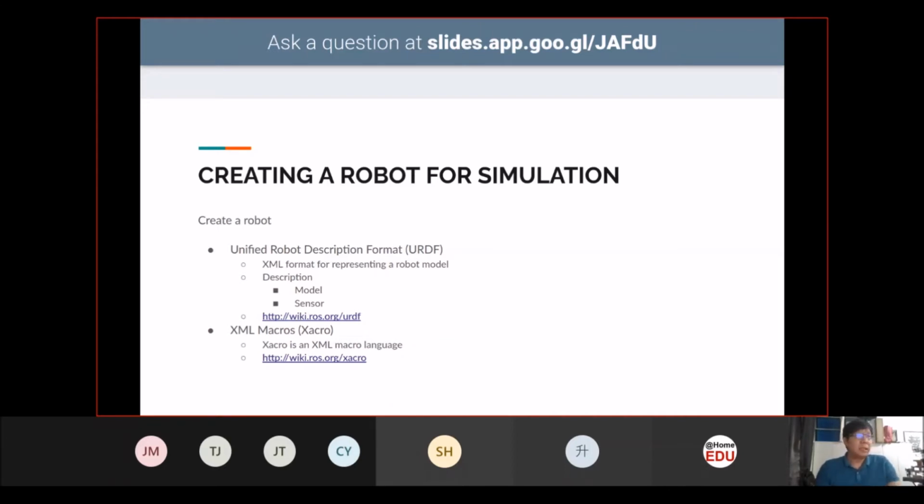To create a robot in Gazebo, you use something called a URDF file. It's an XML format that is used to represent a robot model. There are only two things inside it: one is a description of your model, and the other is a description of sensors.